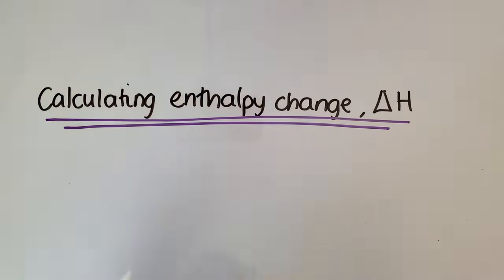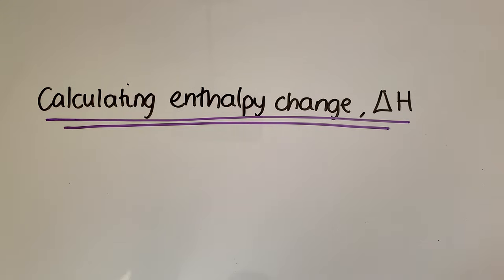We're going to have a look at how we can calculate enthalpy change by doing an experiment. Now, the experiment is specific to the type of enthalpy change we're trying to find. So, for example, enthalpy change of combustion will have its own experiment, enthalpy change of neutralization will have its own experiment, and so on. But the equation for them is pretty generic, and that's what I'm going to run through